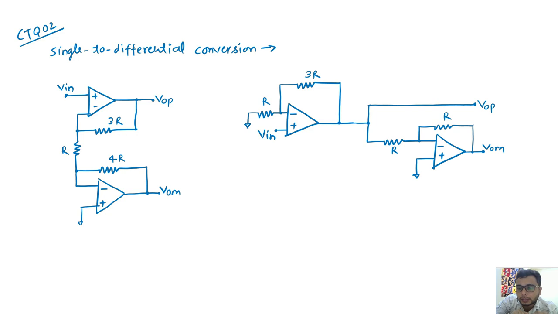So for the noise consideration, first of all, you should understand what the noise is, how it contributes to the output and how it can be referred to the input. So the first thing is, what are the noise sources? As I mentioned, I clearly talked about noise in detail in a playlist called 5 transistor OTA. There you can see it. And in this, I'll give a little bit of overview of the noise contribution due to the resistors and after that the amplifiers. I'll take one circuit at a time, then we'll discuss the noise contribution of each and every element including amplifiers and how it can be referred to the input,